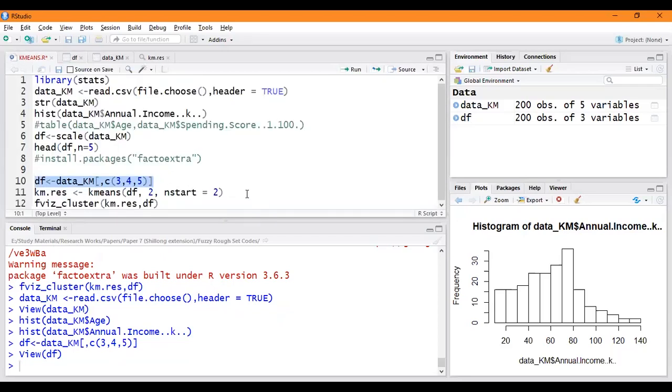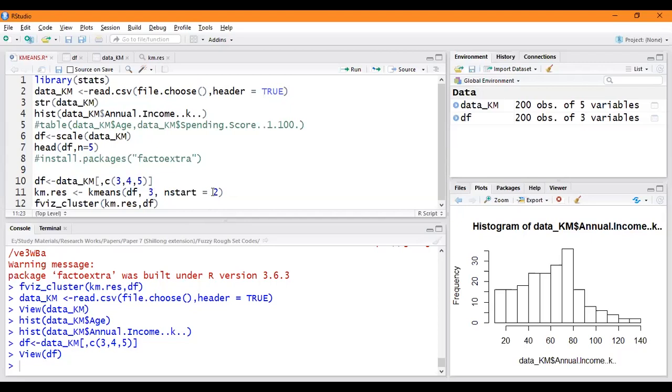Now I will use k-means. K-means is the method or command for clustering. So this is my data set. It takes the first argument, the data set df. Second argument is the number of clusters. Say I will take 3. If 3 is the number of clusters, it is k, that is just the number of centroids. 3 centroids will be formed.